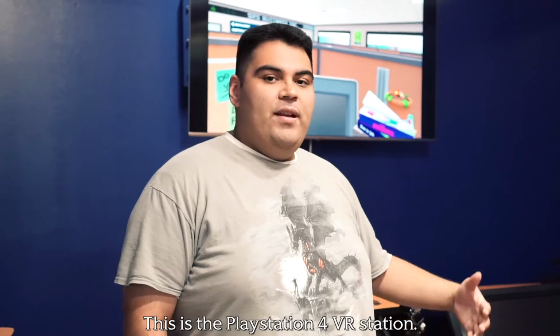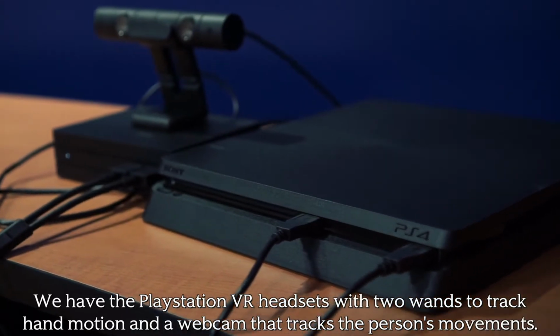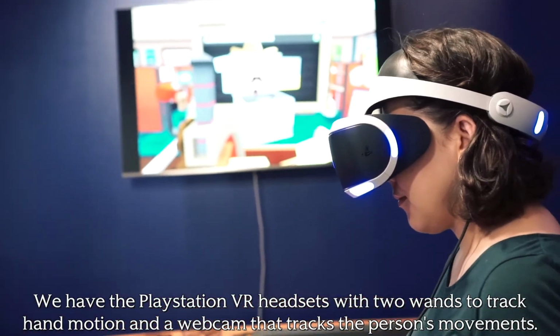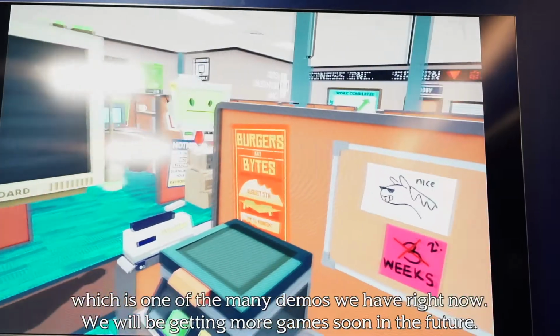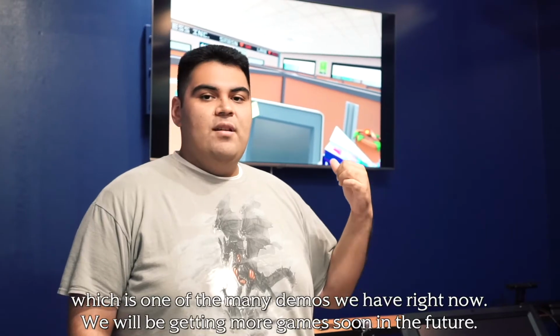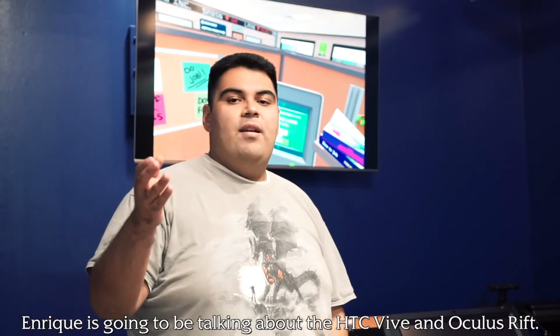So this is the PlayStation 4 VR station, and we have the PlayStation VR headset with 2 wands to track hand motion and a webcam that tracks the person's movements. Right now what's being played is Job Simulator, which is one of the many demos that we have right now. We'll be getting more games in the future, and